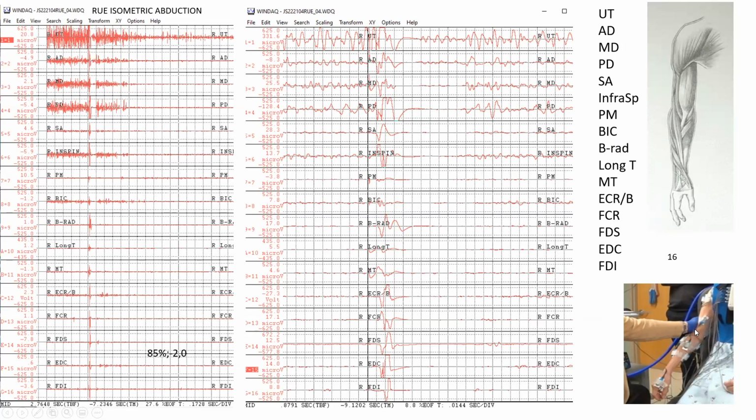And here's Mary Ferraro, who is applying a restraint to abduction on the unaffected side. And here you see for abduction activity in upper trapezius, anterior, middle, and posterior deltoid, and even a little bit in infraspinatus. And over here, at this point, there was TMS applied, and we have TMS onset over here. And you see here's a silent period. This was saturated